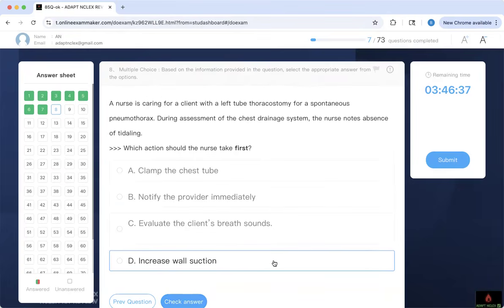And this is caring for a client with a chest tube thoracostomy for spontaneous pneumothorax. During assessment of the chest tube system, the nurse notes absence of tidaling. Which action should the nurse take? Clamp the chest tube, notify the provider immediately, evaluate the client's breath sounds, increase wall suction. Go for the bars rate, find the keywords, stop the video, find the keywords, analyze them, figure out what the question